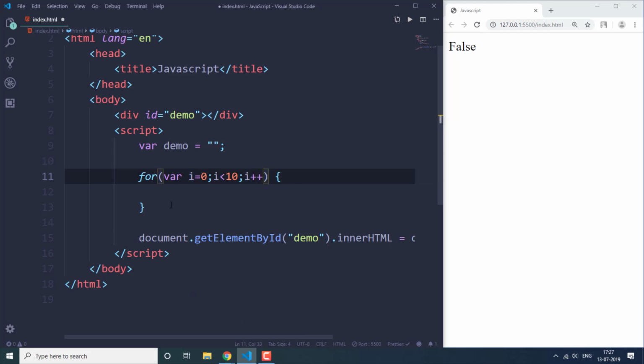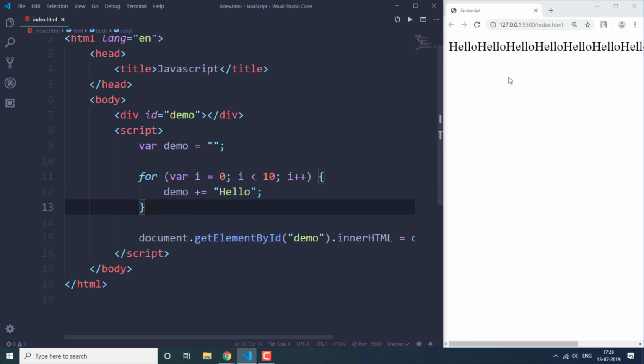This is going to add 1 to I, and then we are going to print something here. So now let's write demo plus equal to, and let's write hello. This is going to print this hello 10 times. So let's see,